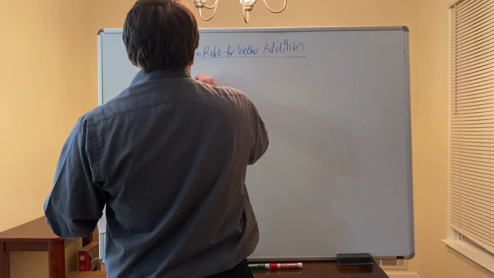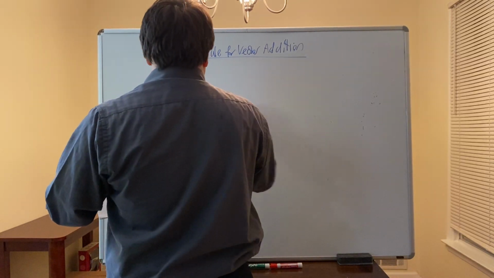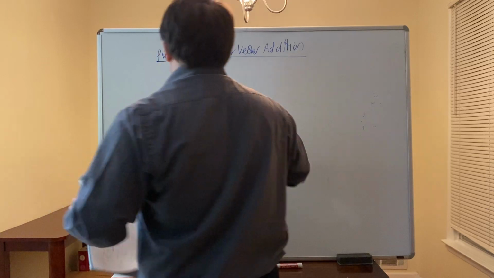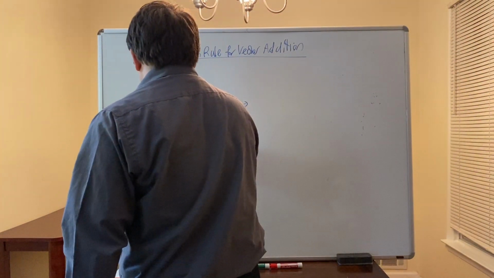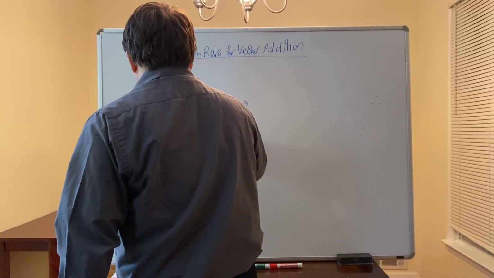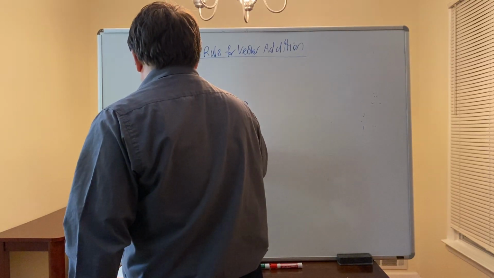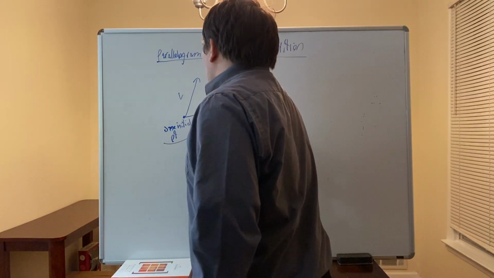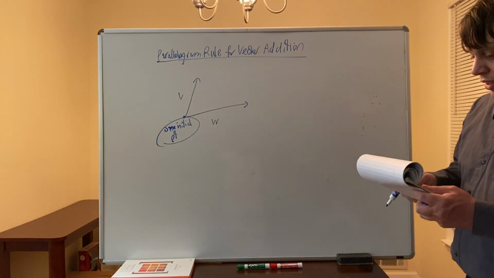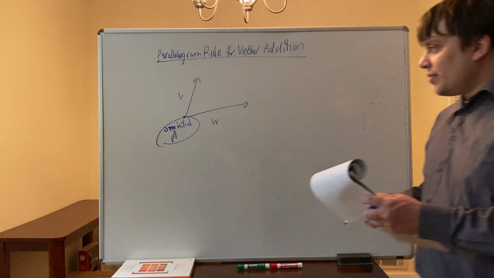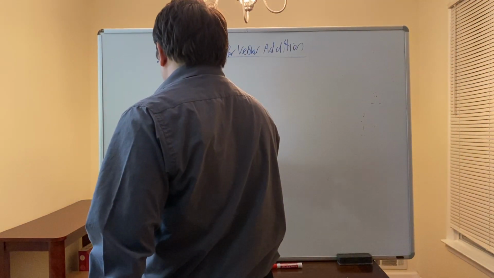so for instance, let's say we have, I'm just going to draw it to explain it. Let's say we have a vector V and W with the same initial point. So here I'm going to write the same initial point. Okay? So V and W have the same initial point, this point right here. And V and W are in 2 space